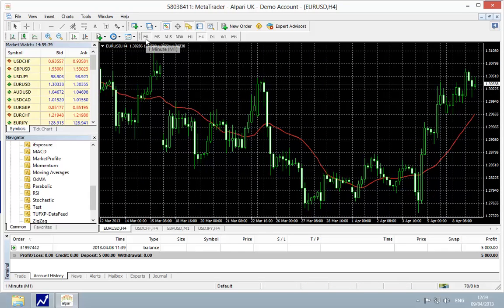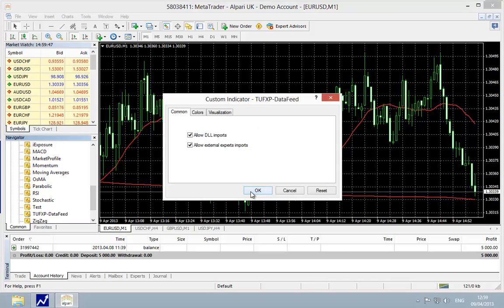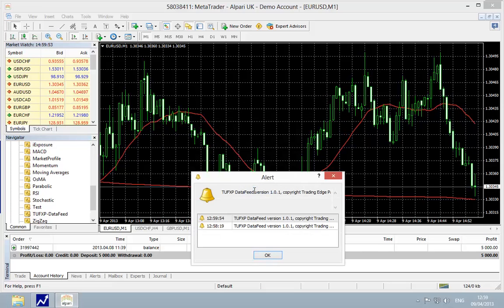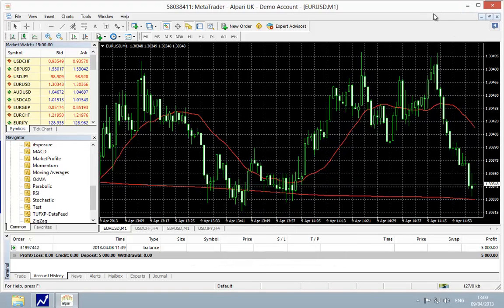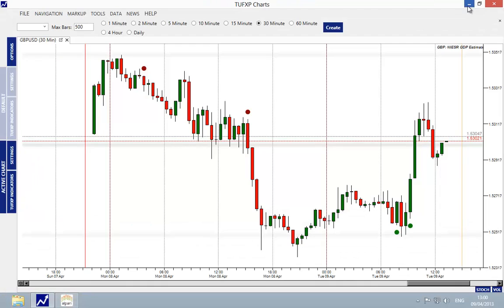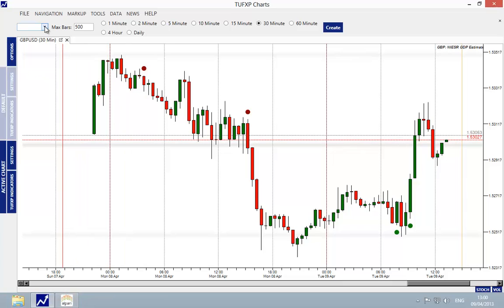Again, first step, change it to 1 minute time frame, grab the TUFXP data custom indicator there, make sure we've got the 2 boxes checked there, left click OK, and then we can see we've got the one on the British pound now and one on the Euro USD. Just minimize MT4, whoops, let's just bring that back, and then go up to